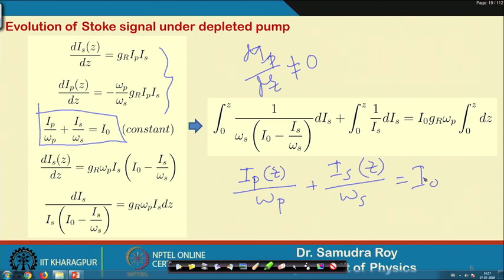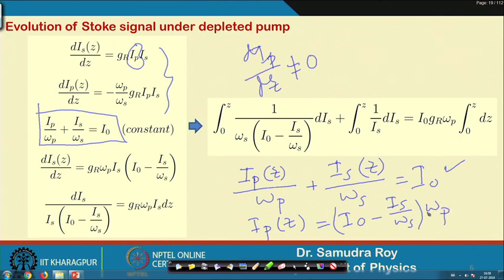When this is constant, what additional advantage will we have? We can replace I p and I s in terms of I 0, which is a constant. So, this decoupling becomes quite easy, because in order to decouple, what we need to do is just replace this I p in terms of I s, which we can do very easily with this equation. So, from here I p of z is equal to I 0 minus I s omega s multiplied by